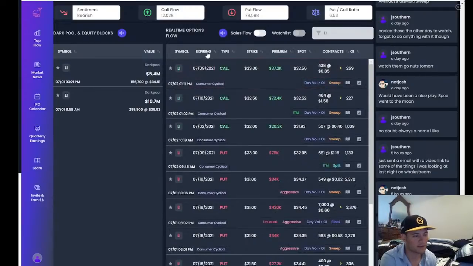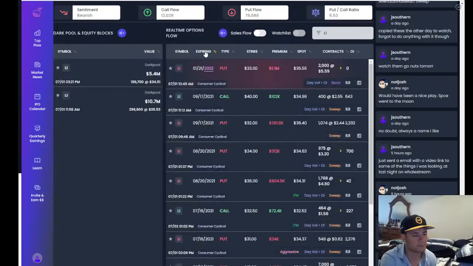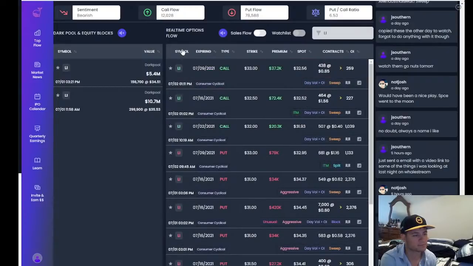So look, if we look at the time, let's look at the times. If we look at the times, there's not a whole lot of options trading going on here. But there's definitely 6 times as many puts as there are calls. So that would indicate that there's bearish sentiment right now. Yeah, here it is. Bearish sentiment on LI. Is this a lithium company or is this the auto company in China? Oh, there it is. Li is an auto company, Mikey. I think Chinese. Yeah, okay, that sounds familiar.